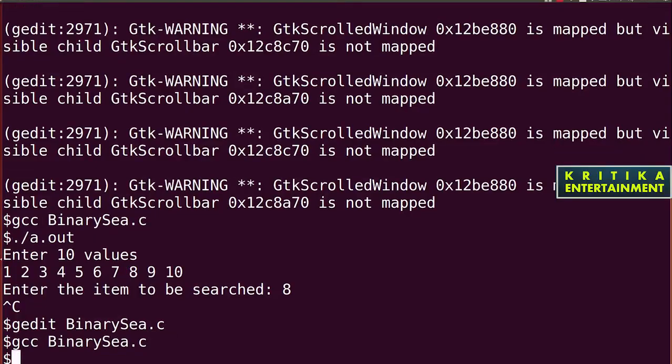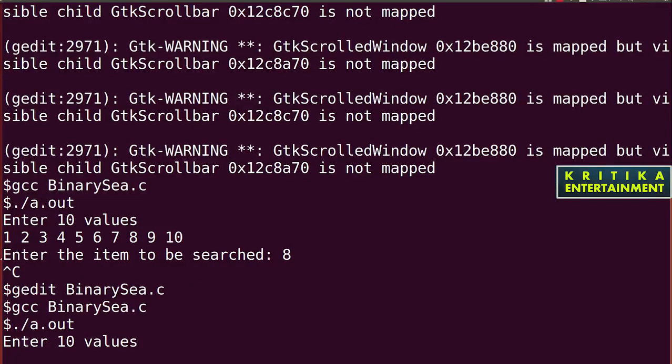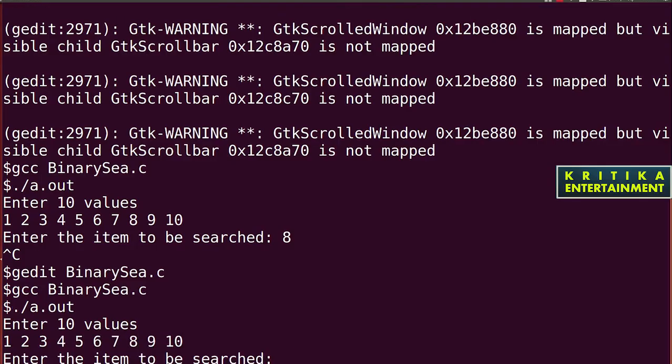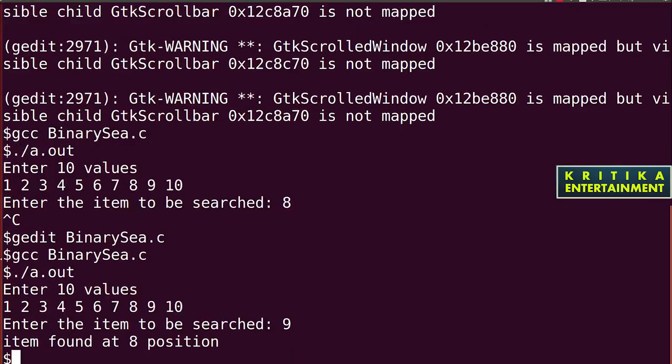Okay, so enter 10 values 1, 2, 3, 4, 5, 6, 7, 8, 9, 10. The item is 9. So item found at 8 position. Okay, so enter the item to search.